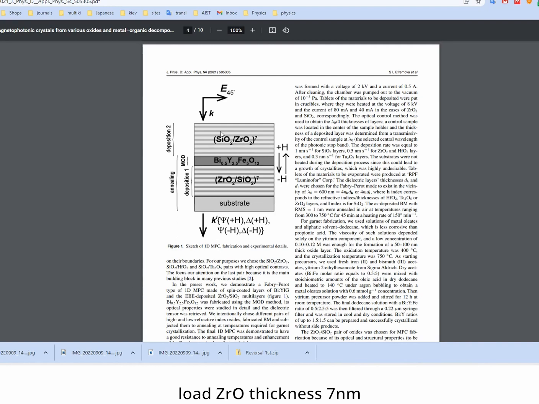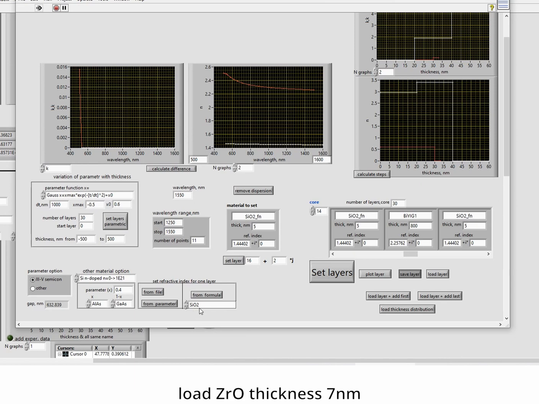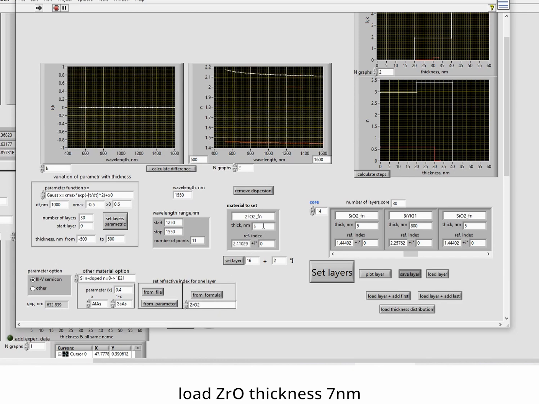Next, on top of silicon dioxide, I need to input zirconium oxide with the same repetition number, because it's zirconium oxide repeated each second layer. So I load zirconium oxide from formula, input its thickness 7, and we need to put zirconium oxide